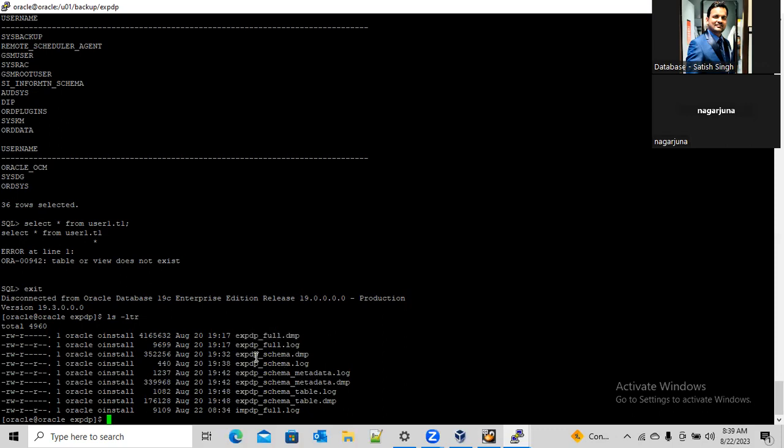I have shown you this because you should know how to take a schema backup, how to take a metadata backup, and how to take a table backup. And by using IMPDP, we can perform everything from the full backup. So now I will show you how to import a schema from the full backup. Suppose we have 4 or 5 schema backups in a DMP file, and I want